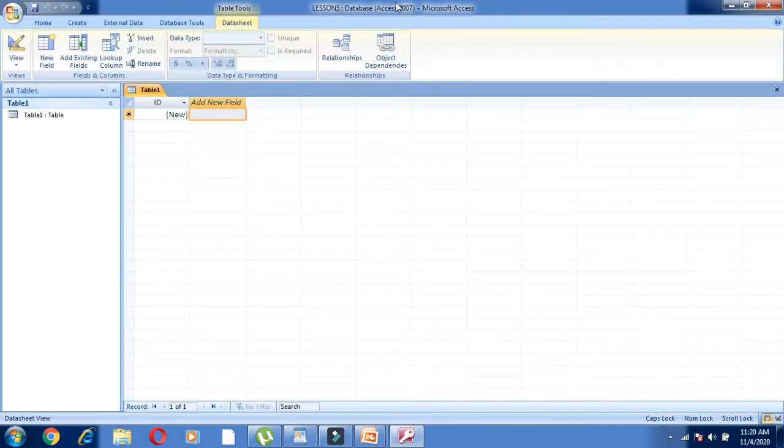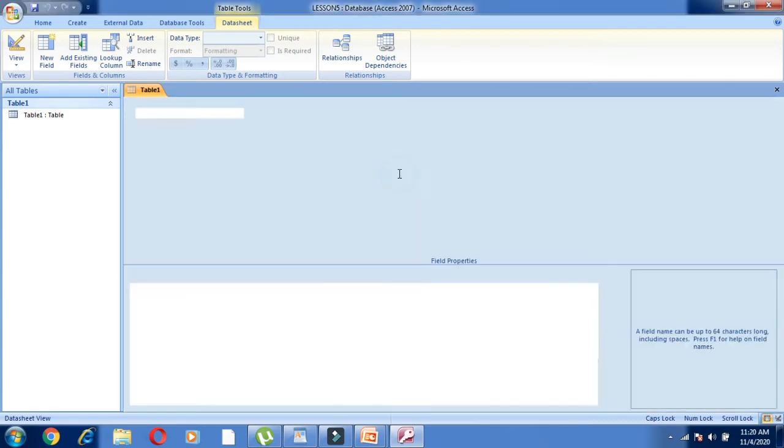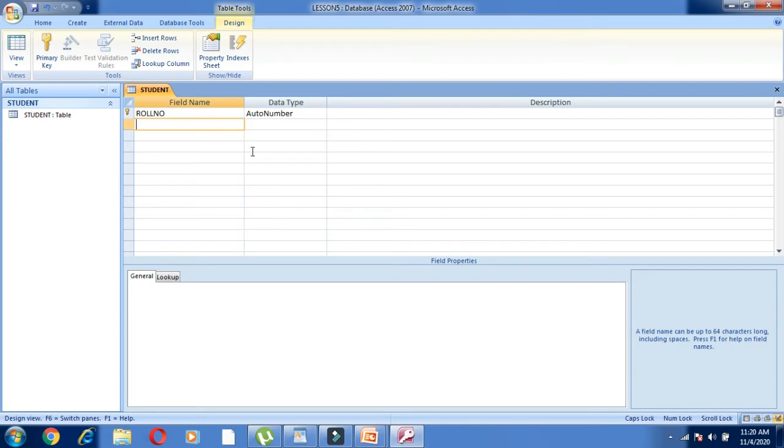You can see the database name lesson 5 has been added here. Then we'll go to the view, design view, and name the table student. Student has a roll number, which is AutoNumber, meaning continuous numbering.